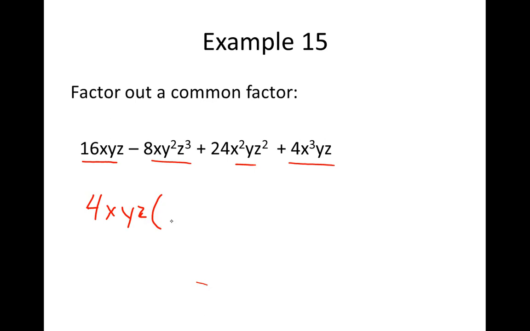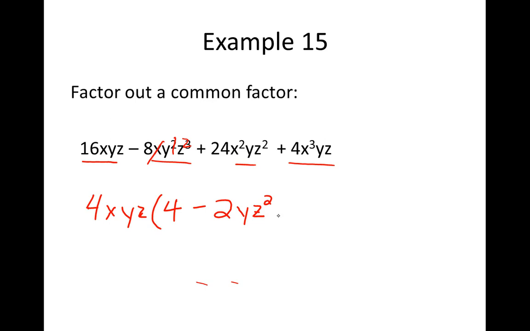I could, but you end up with negative exponents. We don't want to do that. Keep positive exponents. So what do I have left? First term, I got a 4 minus 2. Let's see, one of those x's is already gone, one of the y's is gone, and one of the z's is gone. So 2yz squared